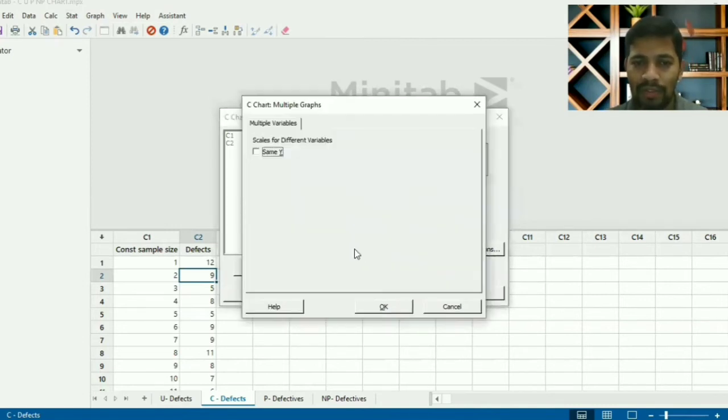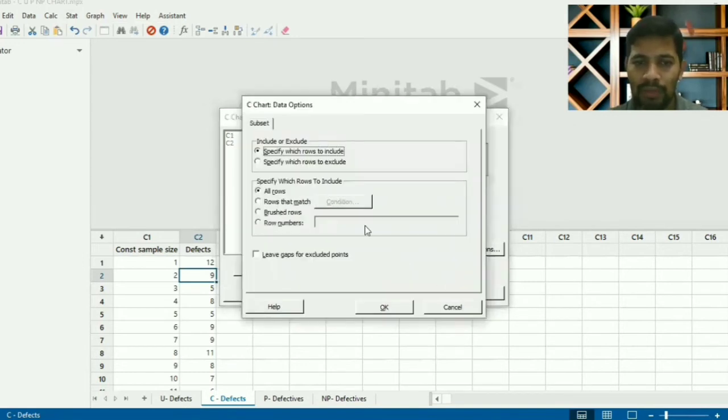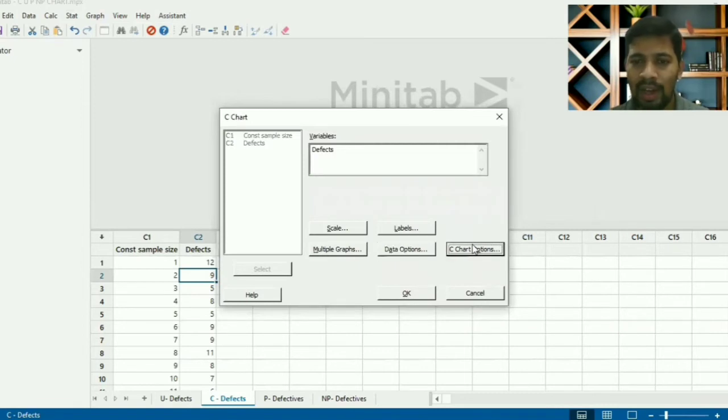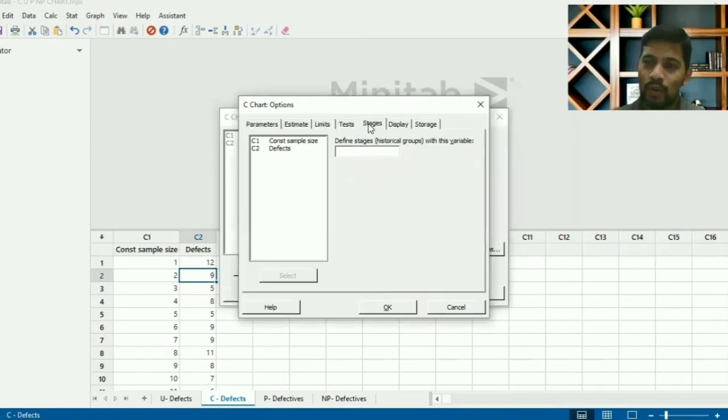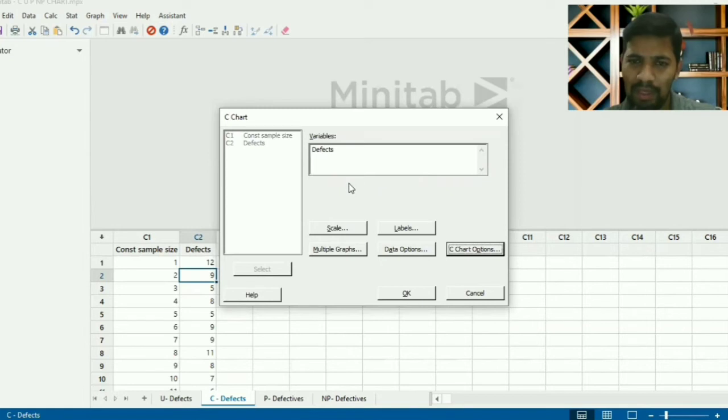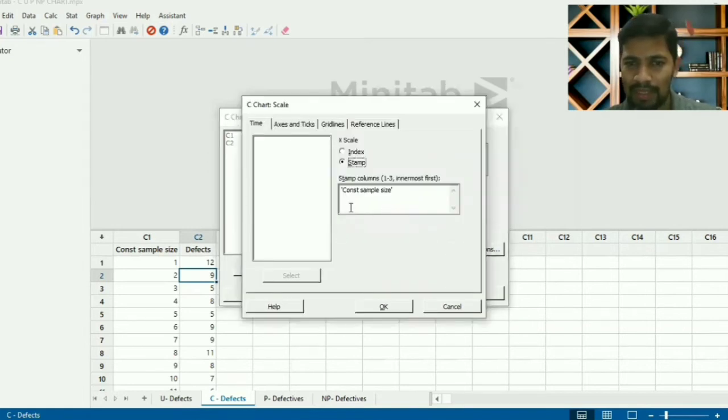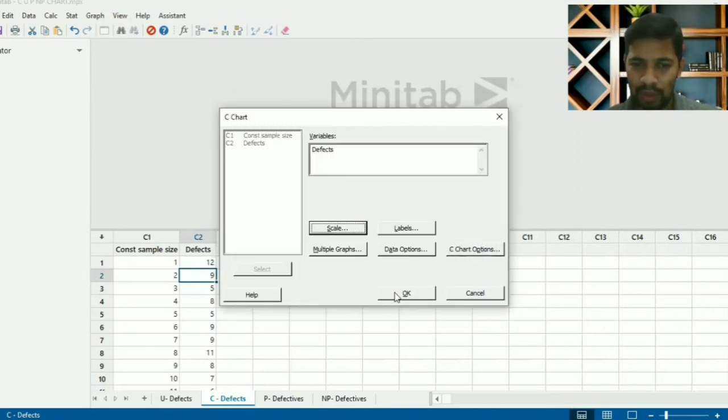Multiple graphs use the same as Y. You can do data options. This is the default. In every chart you will have options, for example, C chart will contain C chart options, and you can also do stages. If you wanted to know which stage it came from, you can also do that, but I'm not going to select it. So simple. What I selected: defects. I selected stamp by constant sample size. Only these two I selected. Give OK.